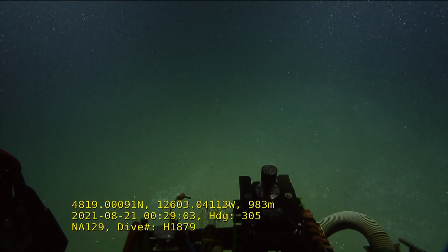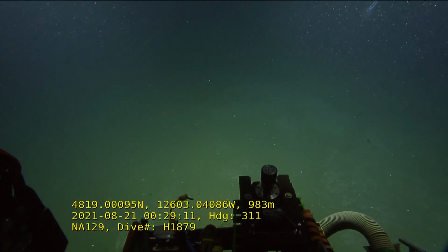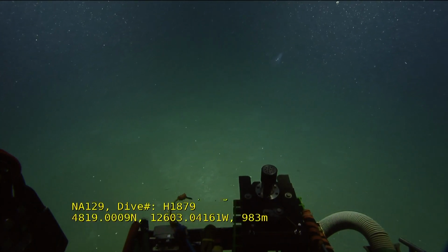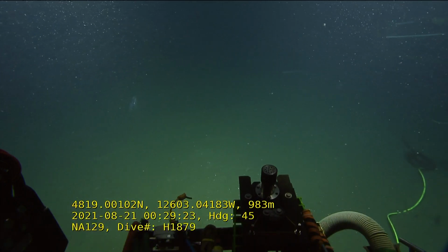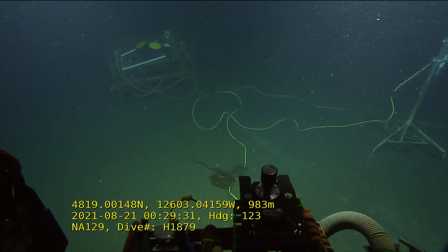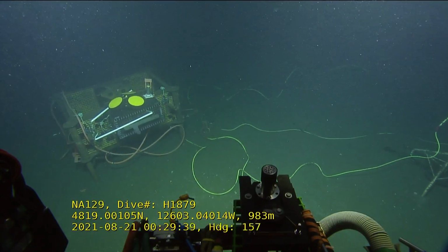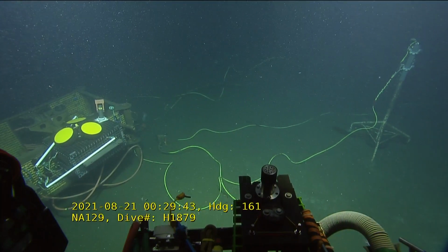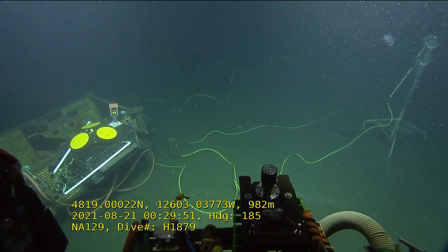Magic. What are we doing? Okay, we're going to plug it in? Yeah, and then follow the cable back to the connector, and then we're going to connect it into the north side of the junction box. So find the connector, fly it around to the north side. One last camera cycle. Got it. Find the connector. Here it is. Ready for connector, Trevor? Sure. I think your CTD cable is crossing over top now. Oh yeah, we got to fish it out. Grabbing the cable in the parking position from under the CTD cable. Yes, please. You want to go pick it up and drop it back here, closer to the...